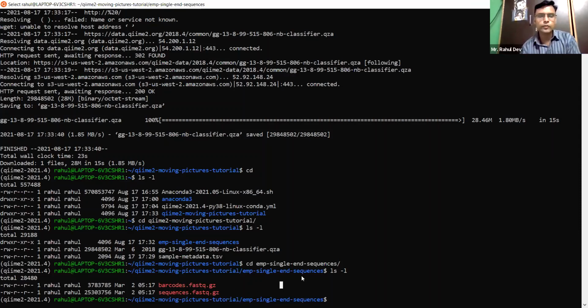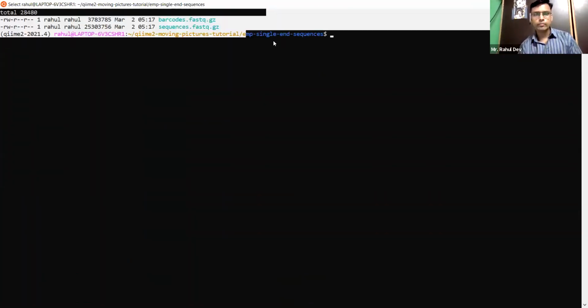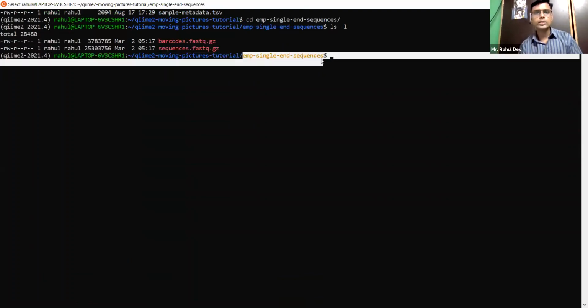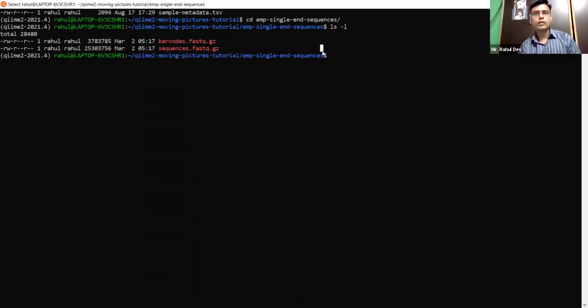So we have downloaded four things: barcode.fastq.gz, sequences.fastq.gz. These are under the EMP single end sequences directory. Go up one level.